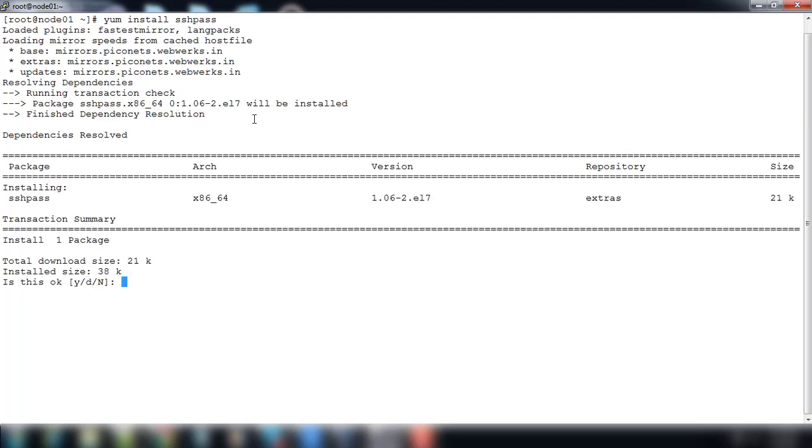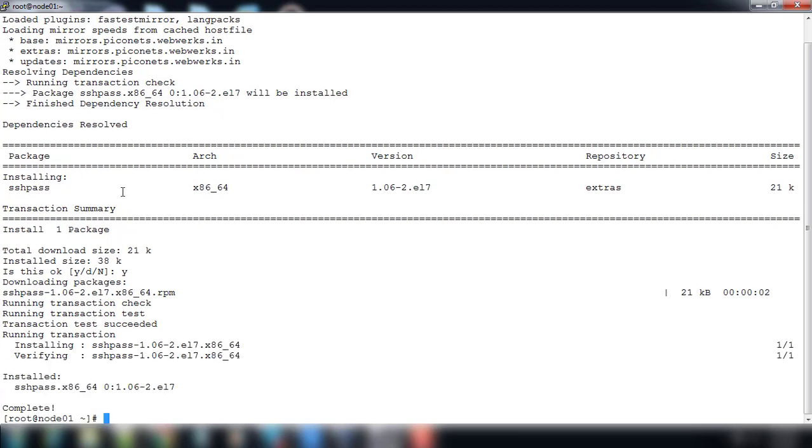Just use yum install sshpass. This will search the package, and once prompted, type yes and continue. That is done. Now we will see how to authenticate to a remote machine using SSH Pass.